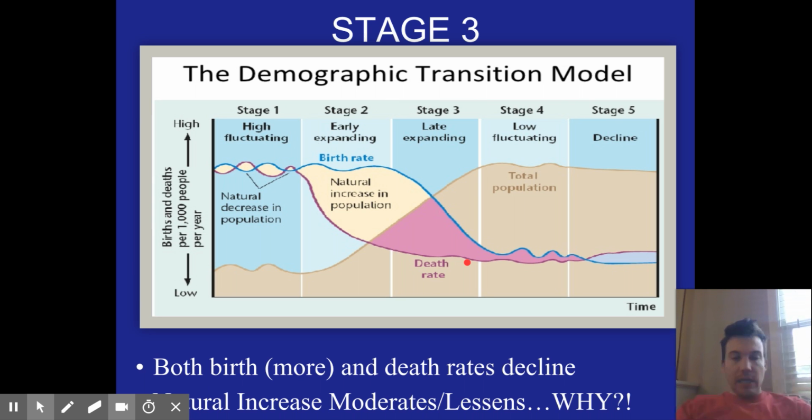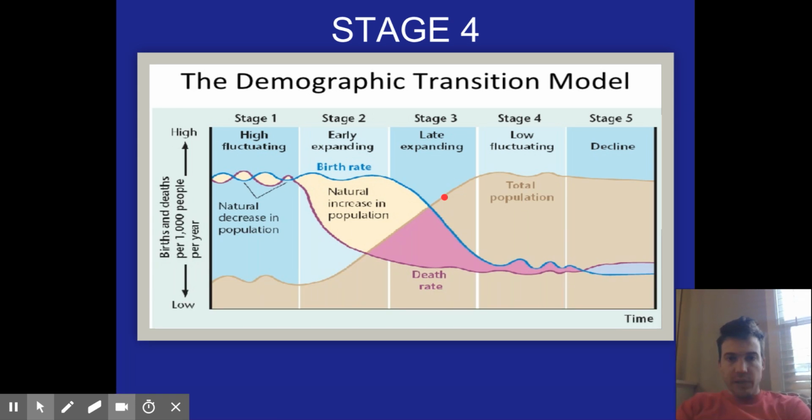Anyway, we're looking at things of more like natural death causes. So that natural increase is going to start leveling off because this number, you'll notice this gap right here, is starting to shrink. So the birth rate is catching up with the death rate. So we start leveling off in our population increase. Stage 4